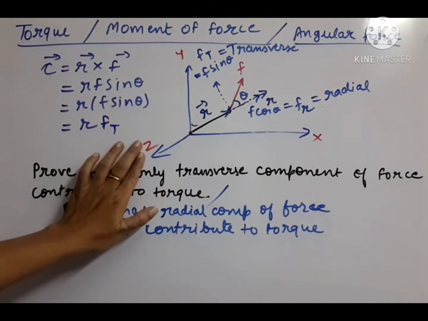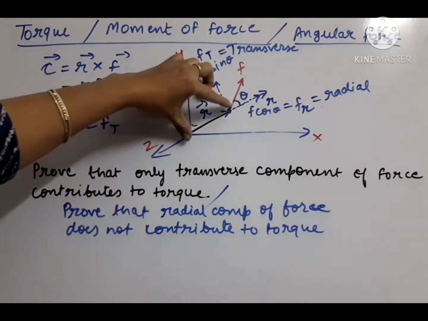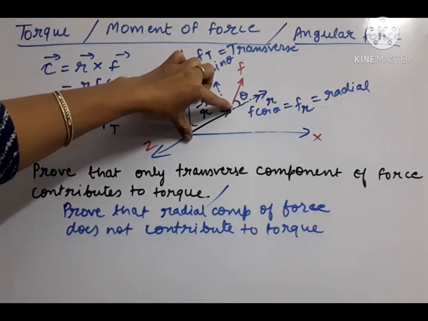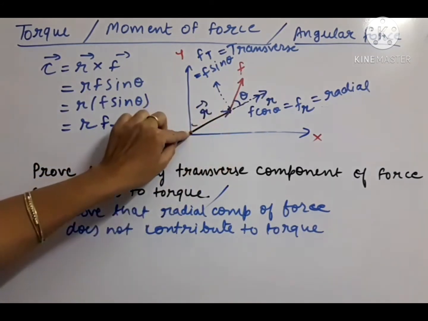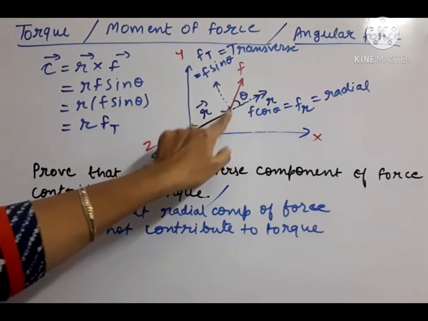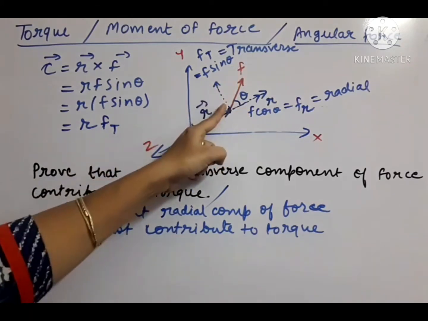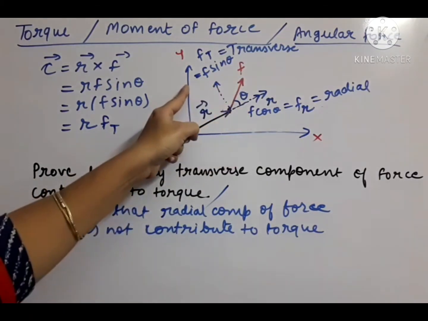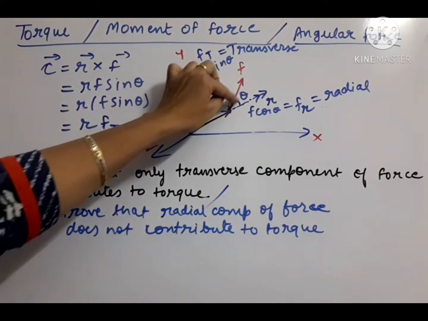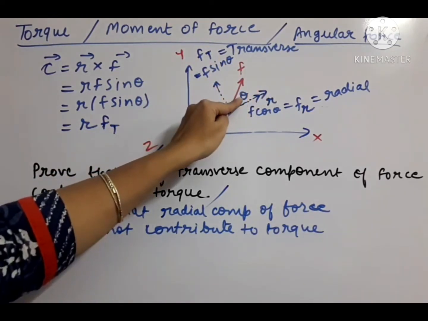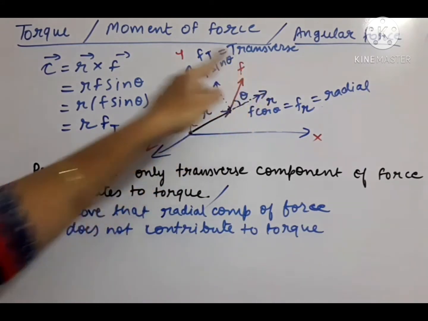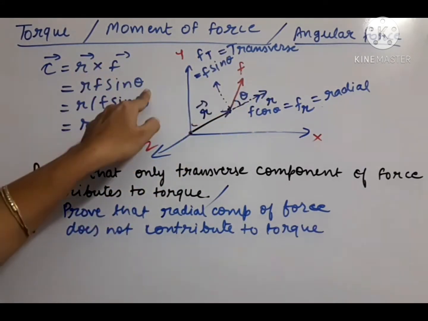So I think you must have understood what we have done here. First of all, we have shown R position. This R, this is the fixed end and this is the free end. At the free end we are applying the force to move this body rotationally. Now this force is at some angle, so we need to extend this R line. So suppose theta is the angle between R and F. So if we open R cross F, it will become RF sin theta.